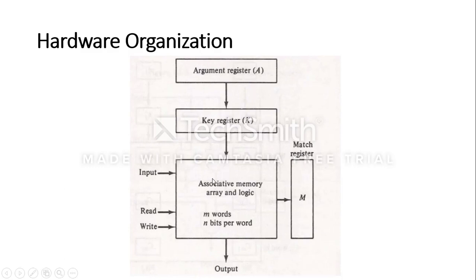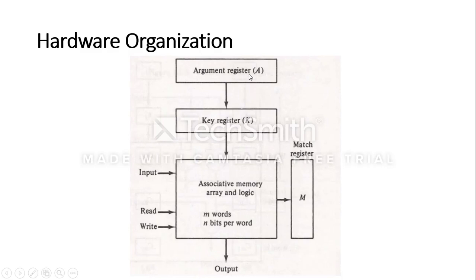So let's say 18 BCE, for example, 18 BCE is my search string. I want to find all the records from the associative memory which contain 18 BCE as the roll number value. So I can simply specify 18 BCE in the argument register capital A. Here I am giving a generic example, otherwise everything must be in the binary form. So whatever is the content using which you want to perform the read operation, or the content that you want to write to one of the locations in this associative memory, that value must be specified in the argument register A.